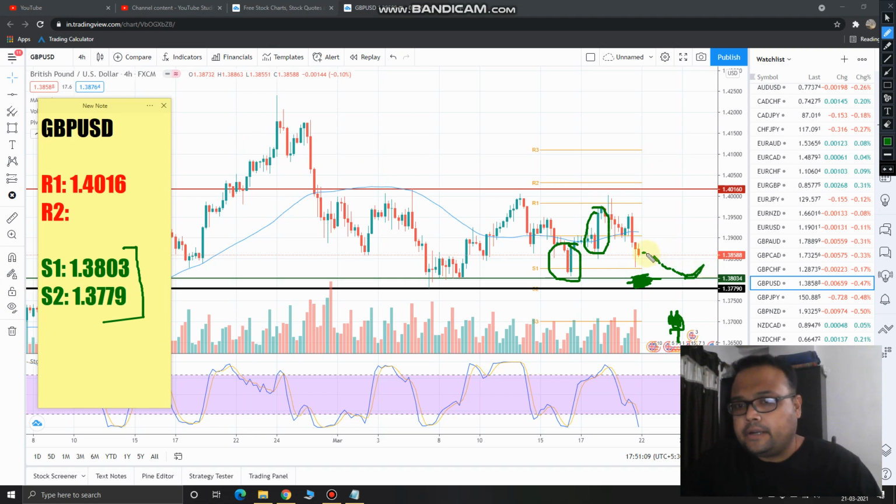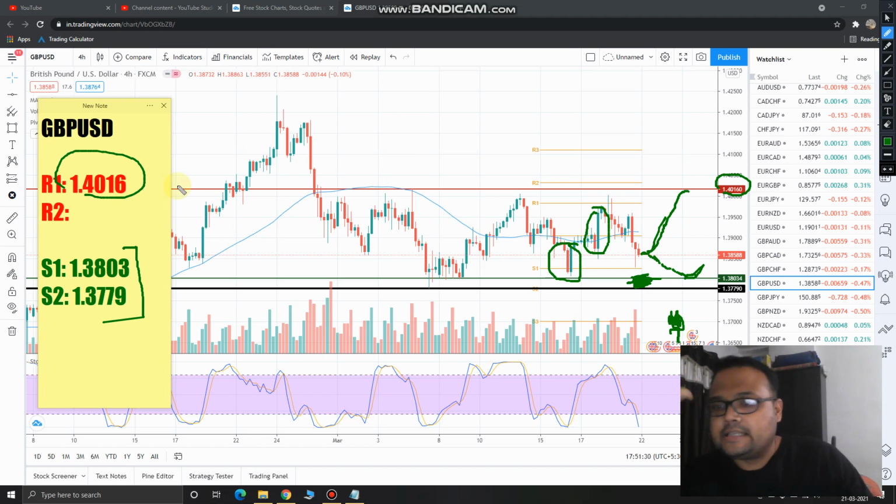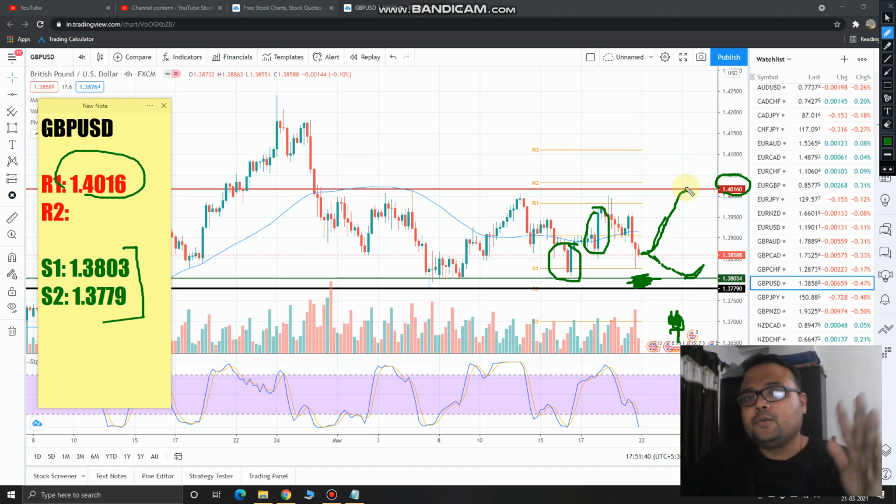On the other hand, if the market doesn't come to the support zone and goes up from here, then what do you need to do? If the market goes up from here, then wait for the market to hit the 1.4016 level, this resistance level. Once it enters the resistance territory, then again try to understand the market psychology. If you see that the price is struggling near the resistance, then it will be clear to us that yes, sellers are still present in the market